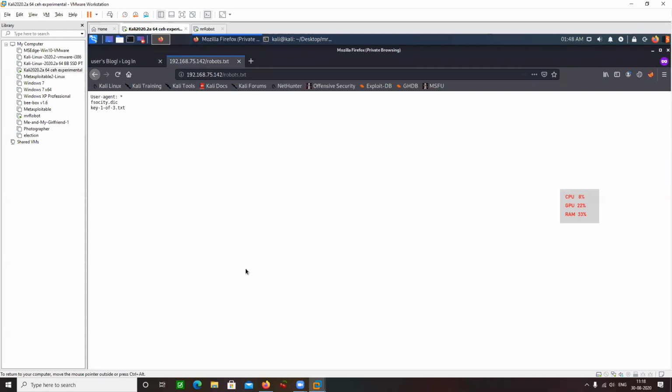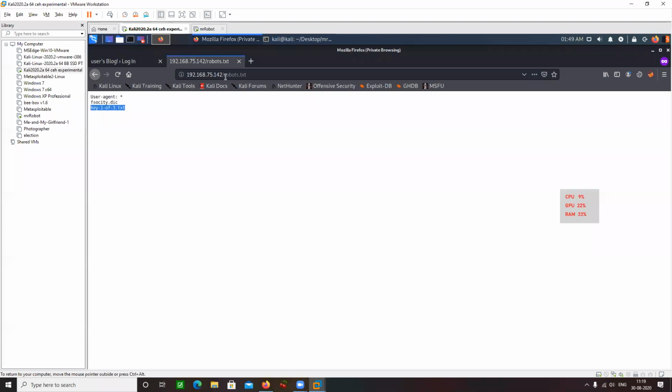And when I open robots.txt here, I can see that there are two files which are being provided to me, fsociety.dic and key1of3.txt. Okay, great. So let's try to look into these files.